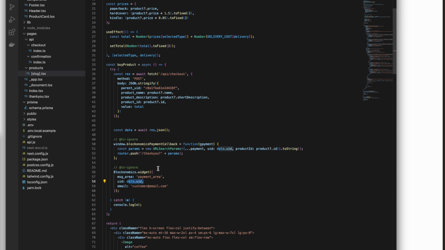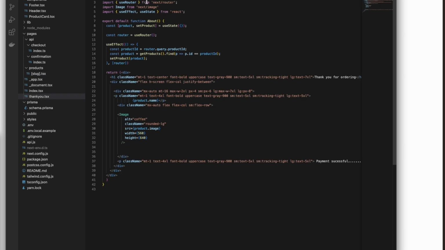There is one more thing I've used from Blockonomics, that is to create a thank you page. That is called the Blockonomics payment callback. This basically helps you pass the data of the products for which you have placed the order, to be displayed on the next page once you have done the payment. This data will then go to my thank you page, and over here I have got the product details for which I placed the order, and I have displayed them here. So this is how you use the checkout API and use the